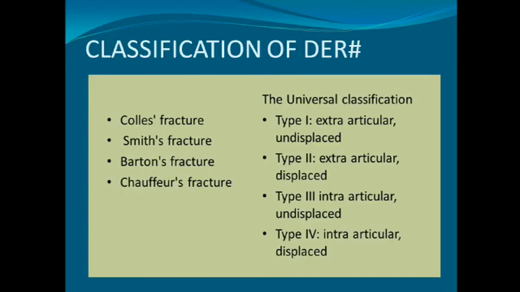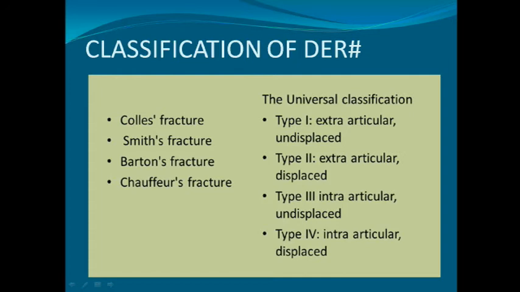so classification of distal end of radius. By name, there are some special types of fracture. We'll see later what those are: Colles fracture, Smith's fracture, Barton's fracture, Schoffer's fracture. Okay, so the universal classification of distal end of radius, you can broadly divide into four